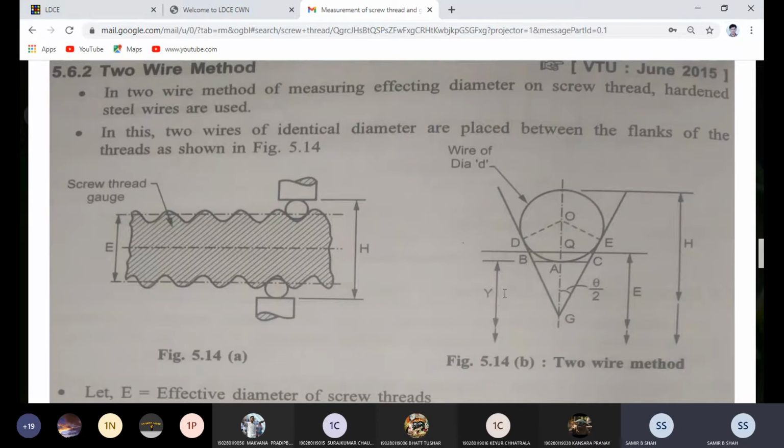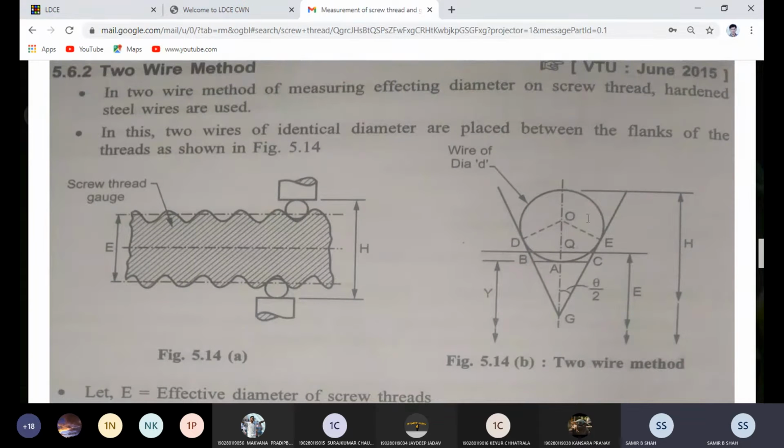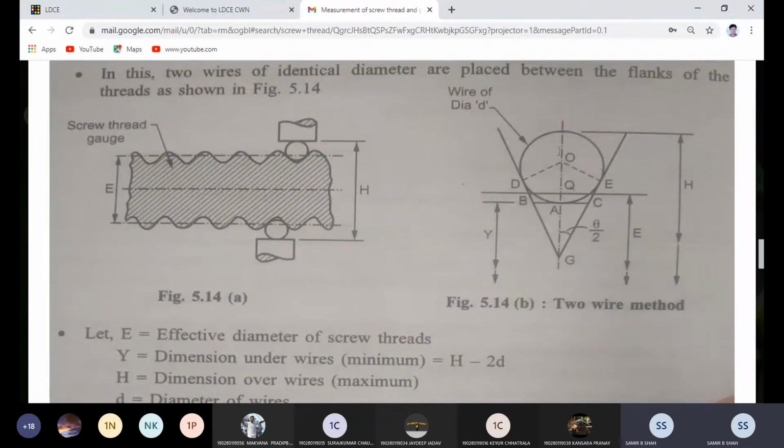Okay, we have to find this with some proper geometry. You can just see the figure. Initially we had put our wire in between the thread, inside between that thread, and we know the dimension of the wire. So you just remember the figure, because every time it may not repeat when I move from the slide.